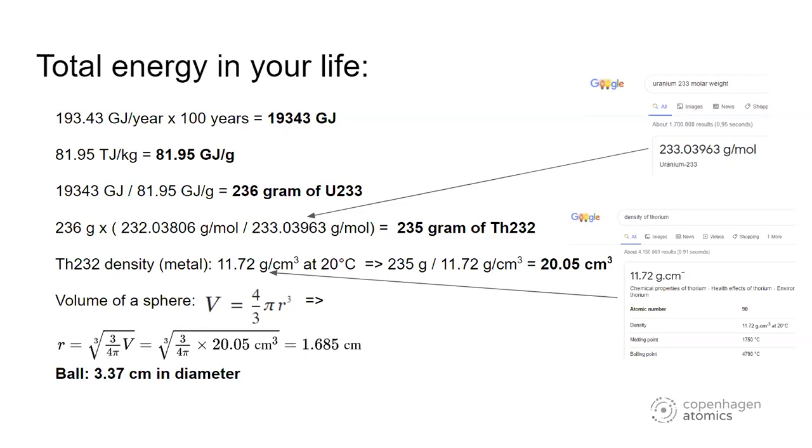And now we need to convert that 235 grams into how big a ball that is. And for that, we need the density. That was 11.72 grams per cubic centimeter. And then we do the conversion, the simple division, and then we get that the